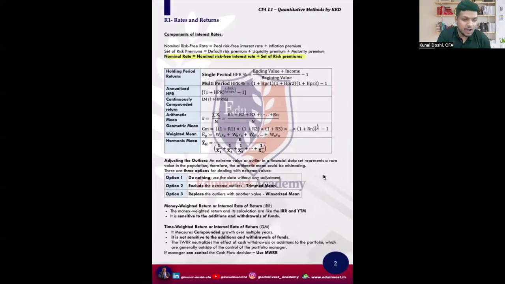See, in CFA, ironically, it's not only the hard work, sometimes the luck also matters. And don't worry, we will try to balance out. There are some of the things that I tried with my last batch, especially with this revision book, and I covered the entire revision book. We did a lot of questions, and what was the outcome? The outcome was that all the students passed.